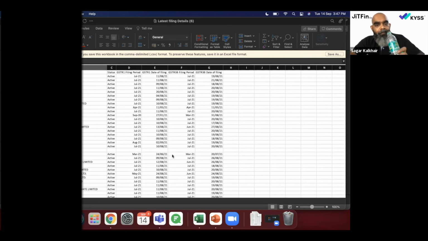Okay, so let me just end this poll here. Let me show the results. It says 67% of you are saying that multiple GST accounts within one registration is something that would help a lot of you. Great. Like I said, we are already working on that, and I'll keep you guys posted on when that's coming live. And e-invoicing as well.